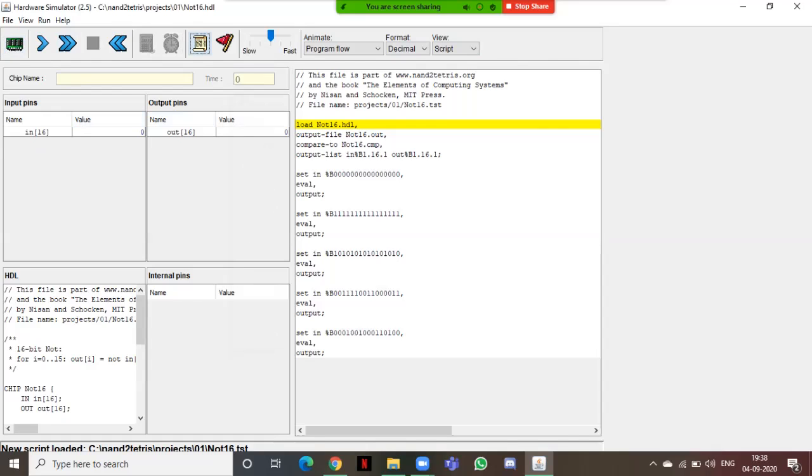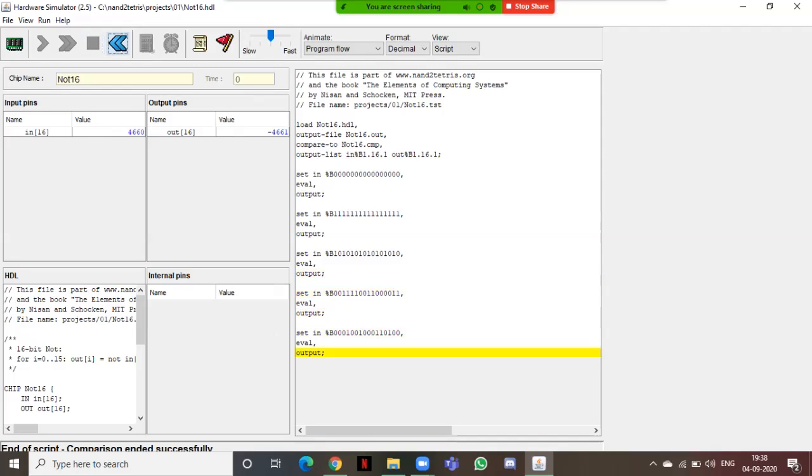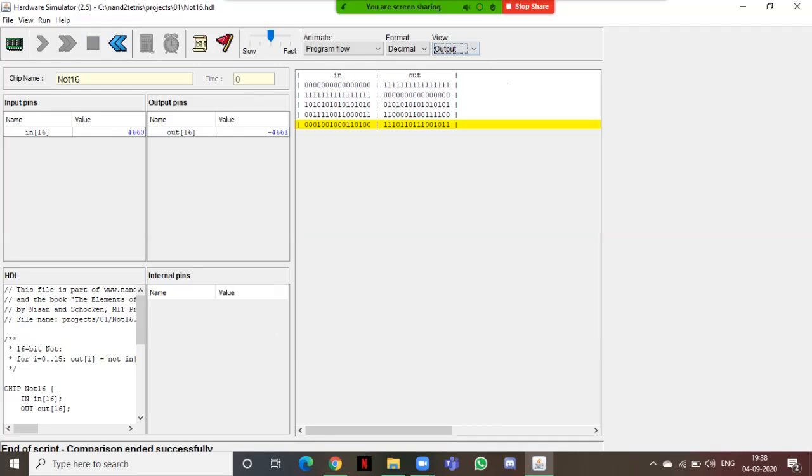So look at the values, you'll find it very interesting. Now let's get the output here. See, 16-bit input and 16-bit output. Look at the values. Let's compare.